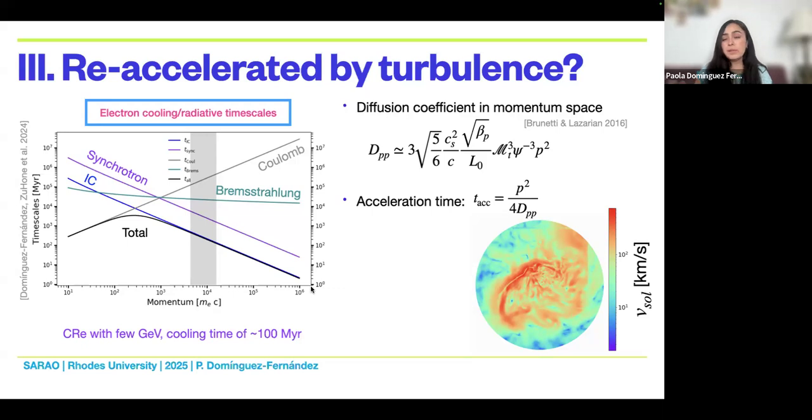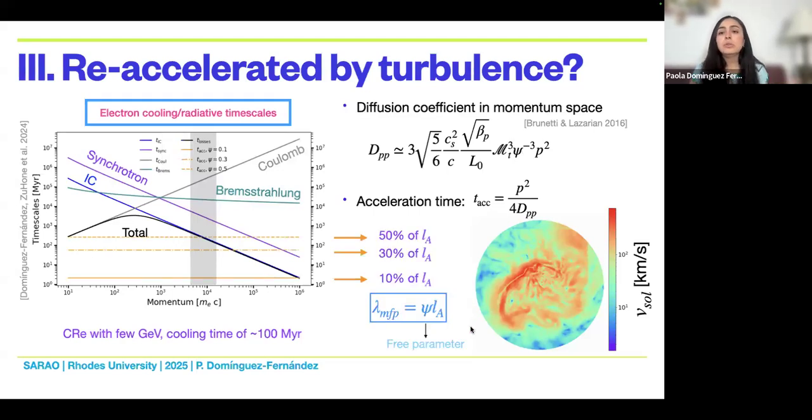There is something we don't really know, because there has been no proof of what is happening in the intracluster medium, and that is the exact mean free path of the particles. So in our case, we leave that as a free parameter. As I told you, the maximum mean free path of the electrons could be this Alfvenic scale, but it could be lower than that, right? So what we do is take percentages of